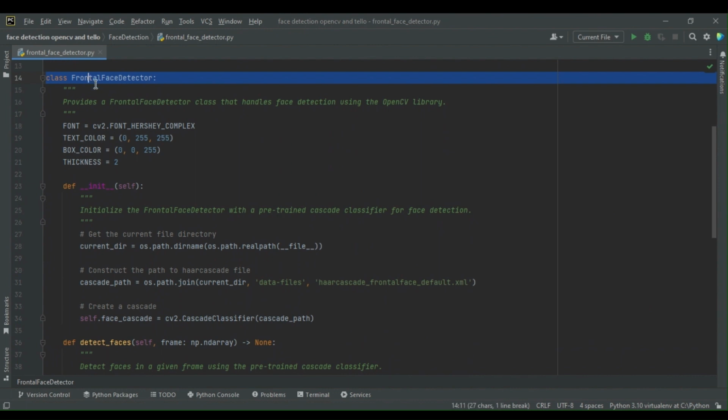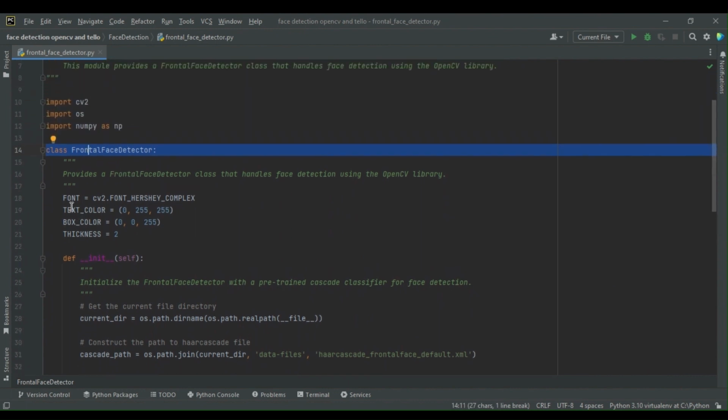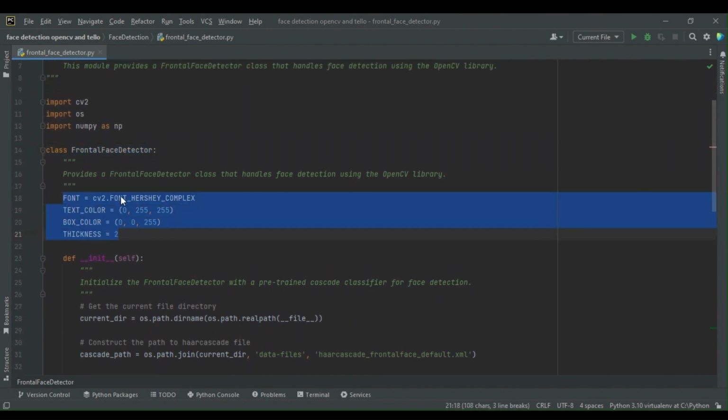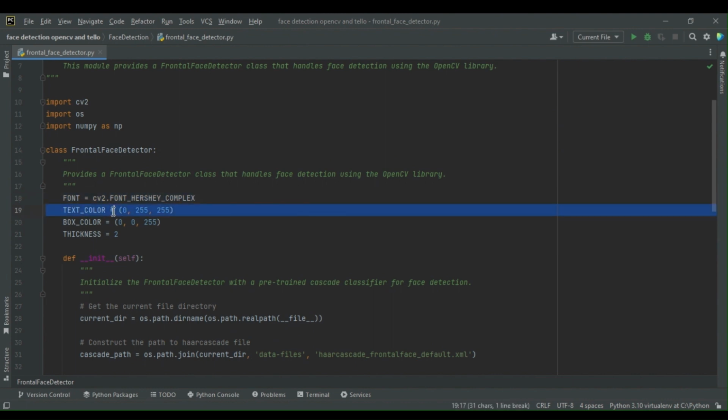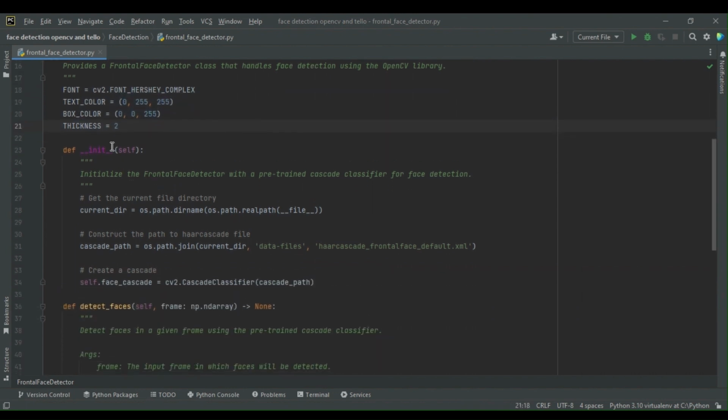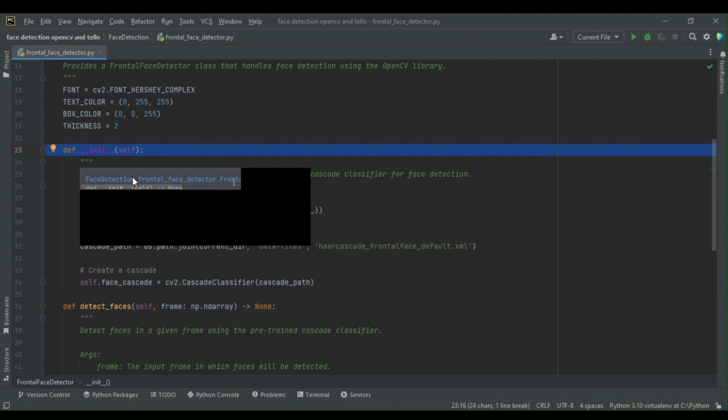Past our imports, we define a class as Frontal Face Detector, and then some class constants for the font, text color, box color, and thickness, in which we will draw the rectangle boxes over our facial detections that were made successfully. After our class constants, we're going to initialize the Frontal Face Detector with a pre-trained Cascade classifier for face